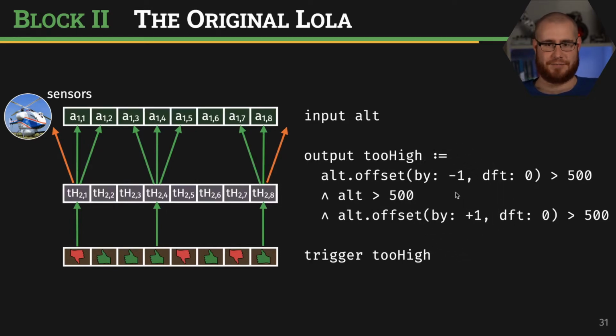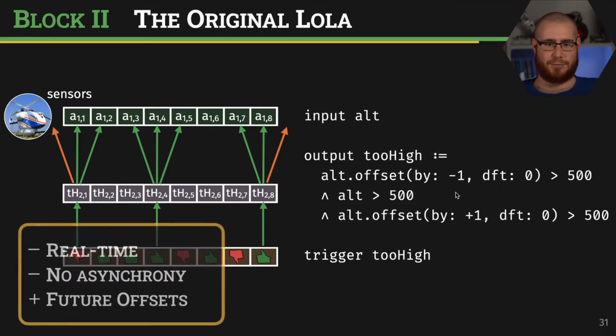So one major difference between Lola and RTLola is that we have future offsets in Lola, but we do not have any real-time and we have no asynchrony. So when we compute something, then all streams will be evaluated. This kind of simplifies things in a couple of places. The future offsets, however, need some